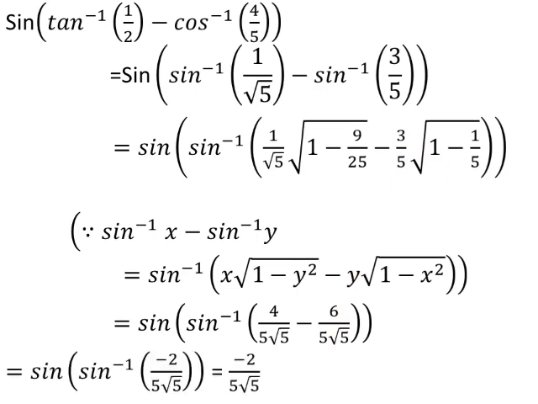It is equal to sin of sin inverse of, here the denominator value is same, just we can subtract the numerator. 4 minus 6 is minus 2. So minus 2 by 5 root 5. Now it is of the form sin of sin inverse x, where x belongs to closed interval minus 1 comma 1. So sin and sin inverse you can remove. You can write minus 2 by 5 root 5.